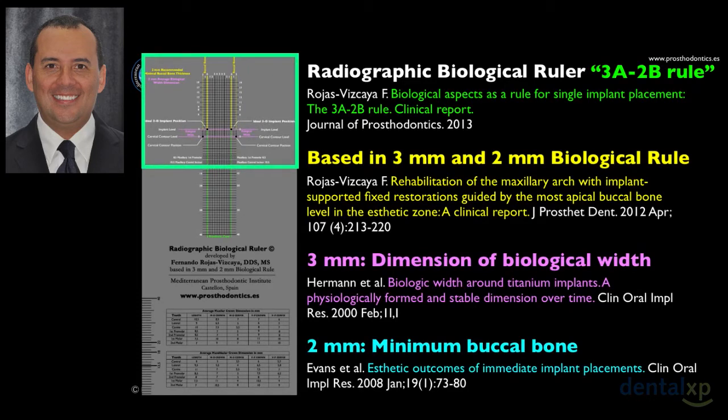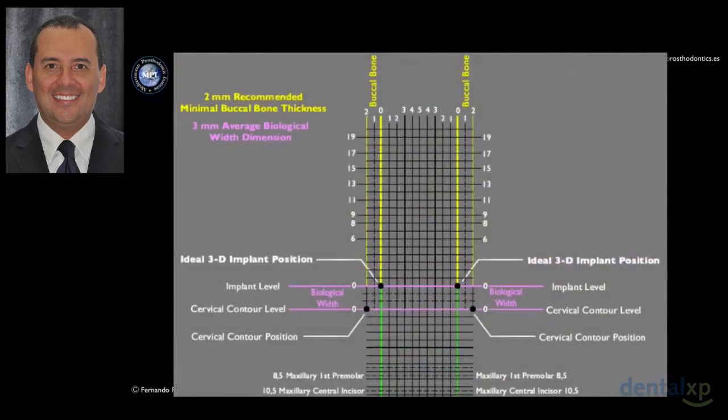Now let me show you this portion of the rule. That is the portion of the rule that we can use to make the analysis. Here you have the 3 mm space, can you see? And also you have the 2 mm of a buccal bone space that you need. So once you set the rule in your tomogram,